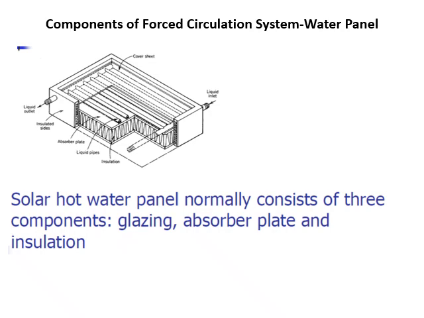Then comes the components in detail. So you can see what happens here. It's not a continuous flow like thermosiphon. At the top there is one liquid outlet and at the bottom there is a liquid inlet, right? Why do we design it like this? Because the hot water will always have the tendency to travel upward because it's light. So that's why we put the liquid inlet, which is relatively cold, right, and heavy,